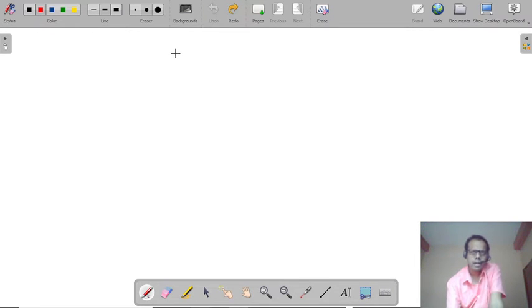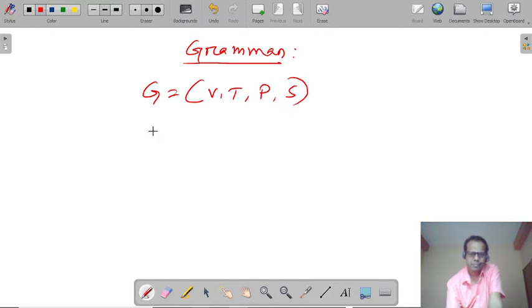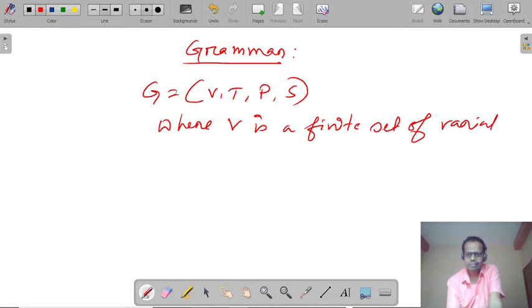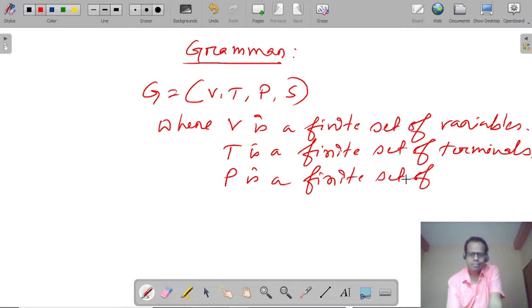We are going to discuss grammar in automata theory. So grammar is represented by G. G is represented by a quadruple, that is V, T, P, S, where V is a finite set of variables, T is a finite set of terminals, P is a finite set of productions,